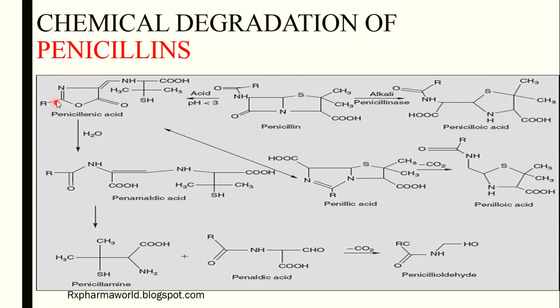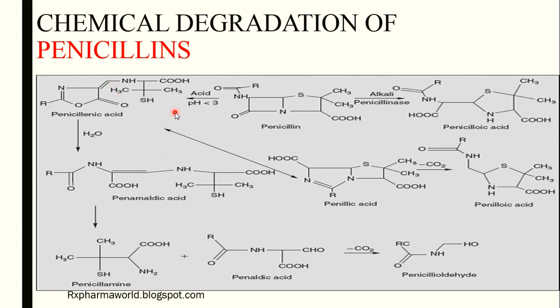At the second position, an alkyl R group is present, and at the fourth position there is NH, CH, COOH, CH3, CH3, SH. The penam ring has broken and it has formed into this structure, and then the ketone group is as such at the fifth position. This is penicillinic acid. When this penicillinic acid undergoes hydrolysis, meaning the reaction with water, then